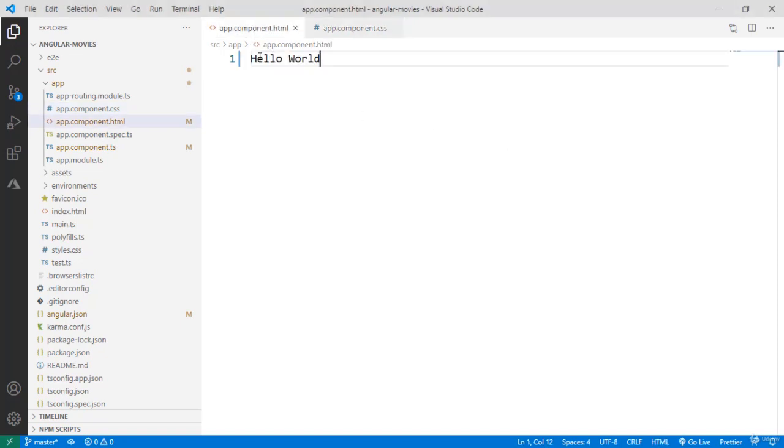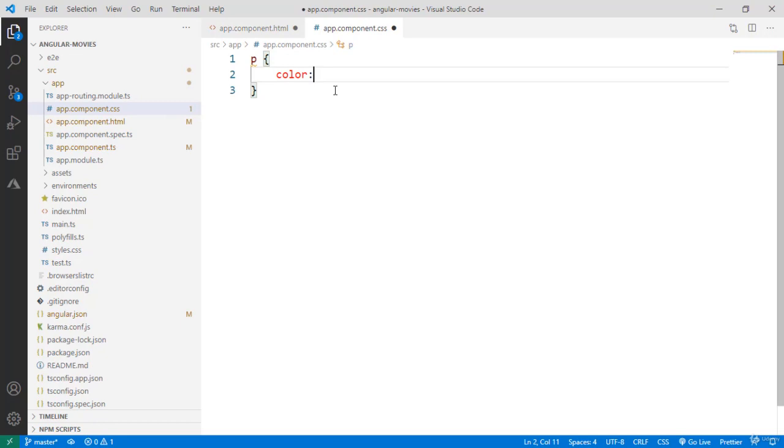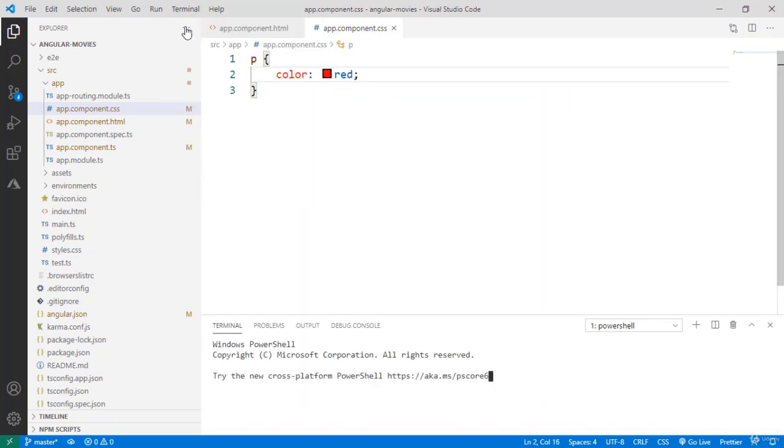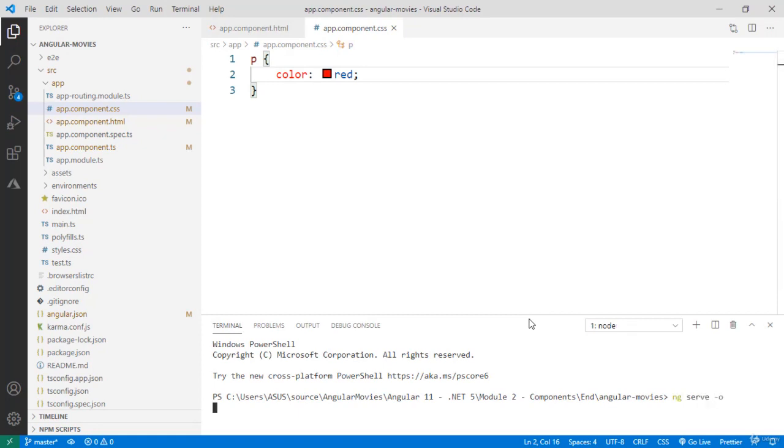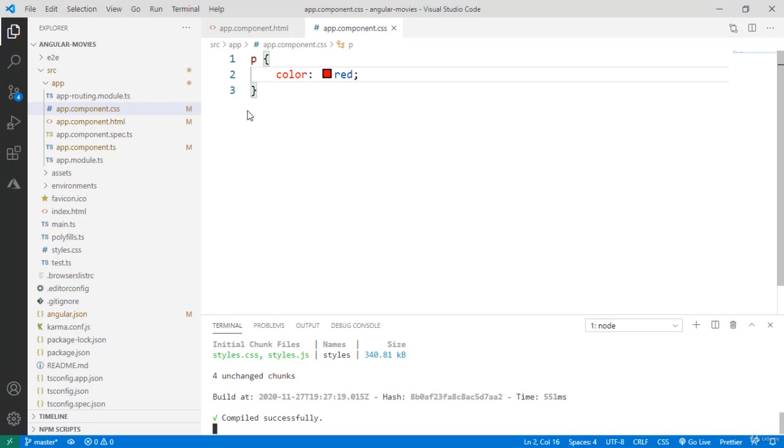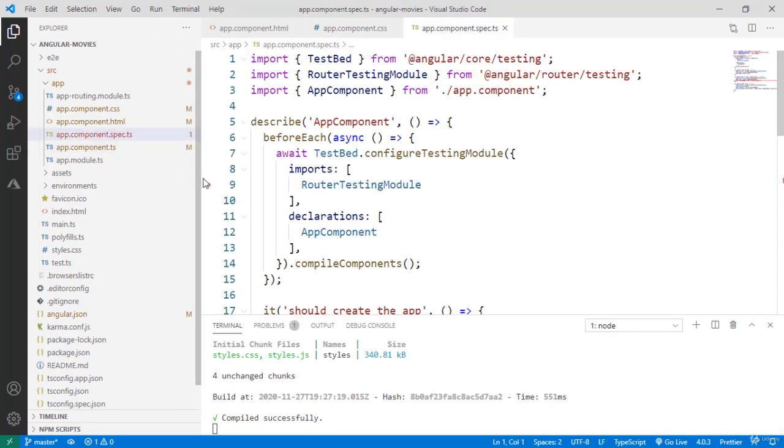So for example, let's put a paragraph here. Let's wrap this in a paragraph. Now I can say, for example, paragraph color red, and now I can open a new terminal and I will say ng serve -o, and now I will go to Google Chrome, and as you can see we have hello world in red. Now let's go back to Visual Studio and let's open the final file that we haven't looked at, which